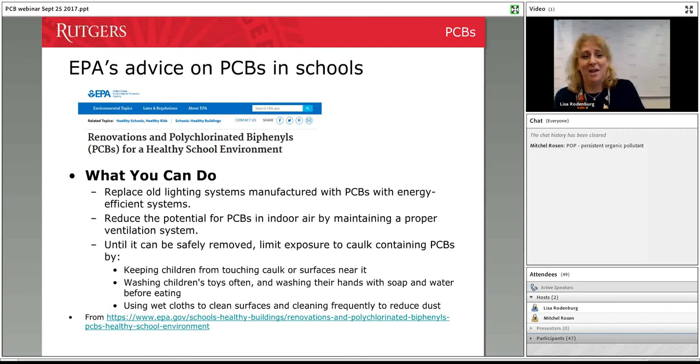cleaning your air ducts. And then until it can be safely removed, limit exposure by keeping children away from it. So imagine how fun that is, trying to keep children away from caulk in their school. Yeah, good luck with that. Wash the children's toys often. I have kids. I know their toys were never cleaned. I know that's true. Washing their hands with soap and water. I know it's not easy to get kids to do that. You're expecting teachers to wipe down all the surfaces with wet cloths every day. Some of these things to me sound a little unrealistic, but that's EPA's advice on what to do about PCBs